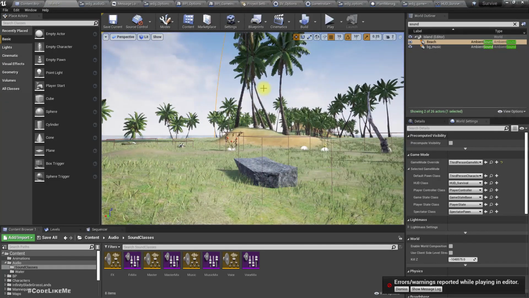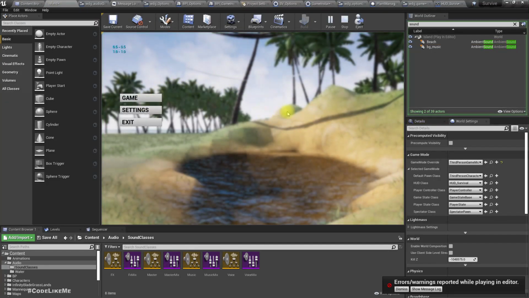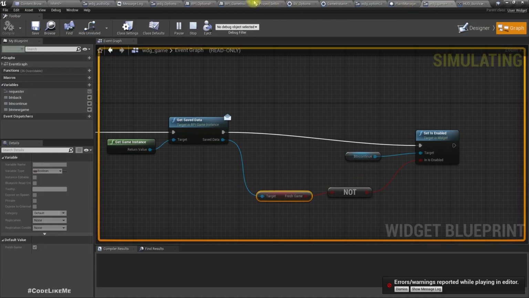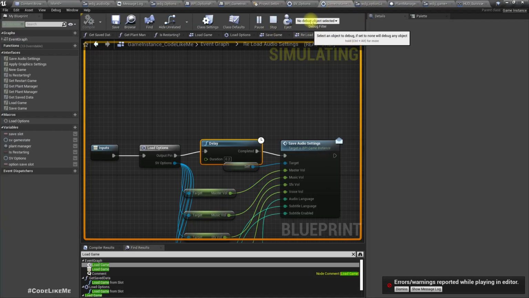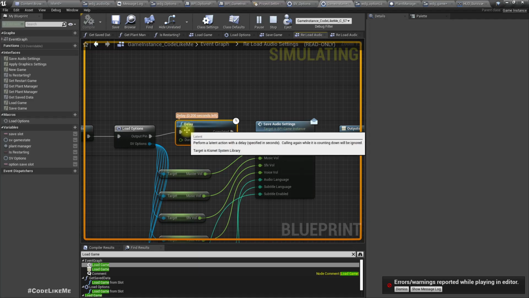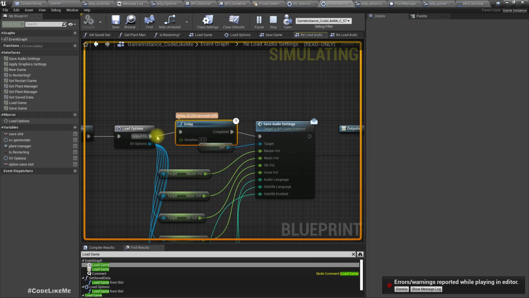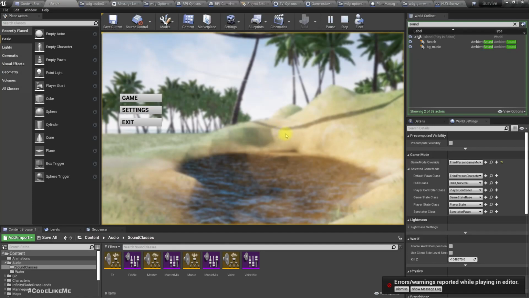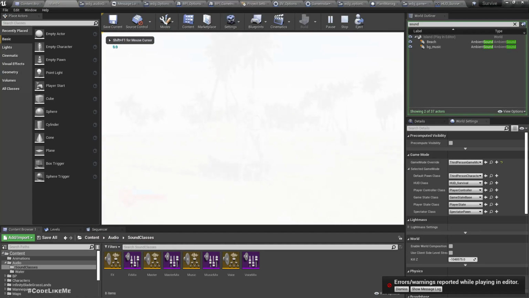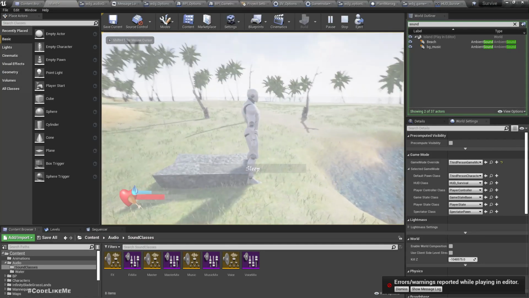This delay doesn't. So here when it is like this, and if I go to the game instance and enable debug, you see the progress is stuck here because the game is paused at the moment. But when I continue, you see now the sound is gone